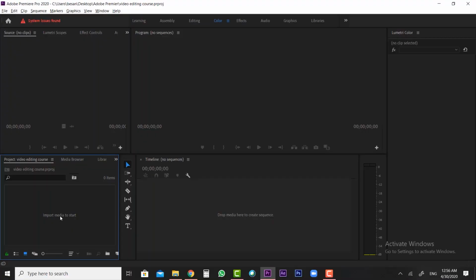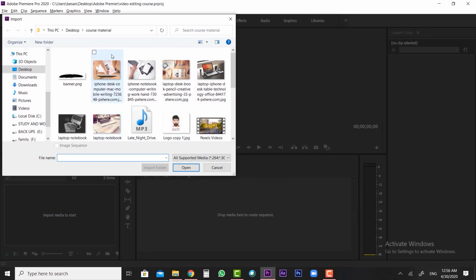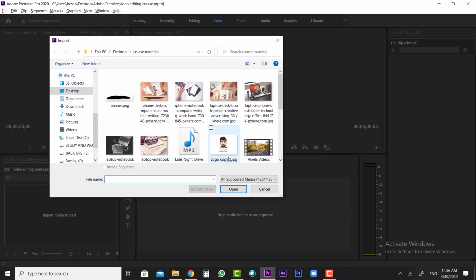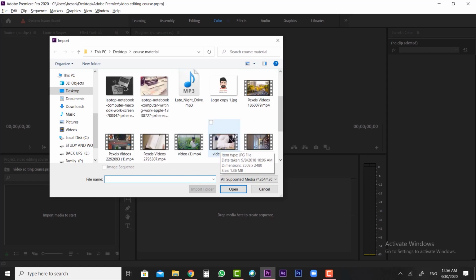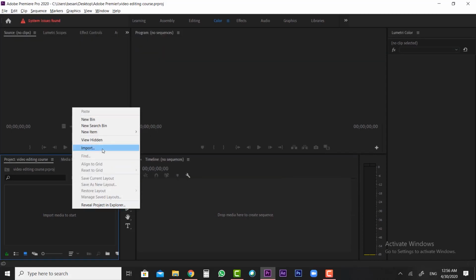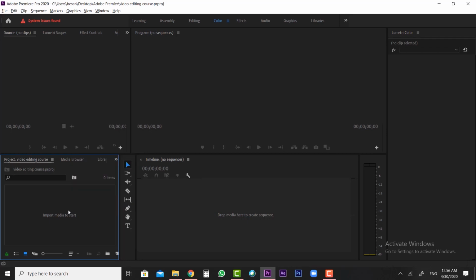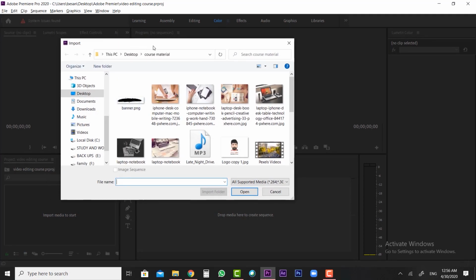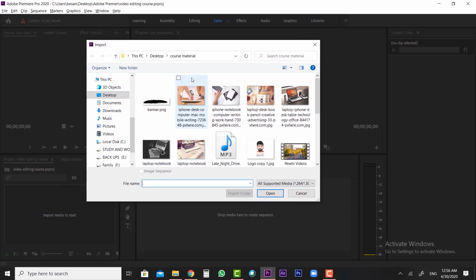You can simply double click here and a window will pop up like this, and you can select all the files you want, or you can right click and click import. I just prefer the first way, which is much easier. Just double click and then you choose where you have saved the materials that you want to import in your Adobe Premiere. And I have actually uploaded a folder for you guys in the e-learning account